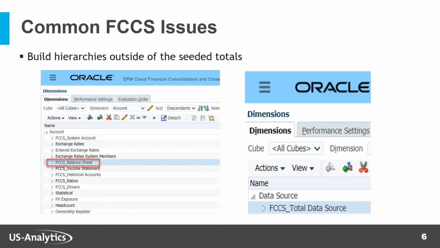So at that point, they've lost functionality, because now they have rules that they need to build in to have the application perform as expected and have the totals roll as expected. And here we've also just got a snapshot of the data source dimension. That's another one of the 11 out-of-the-box dimensions that are provided with FCCS. And again, there was a tendency to try to go outside of that or build alternate structures,